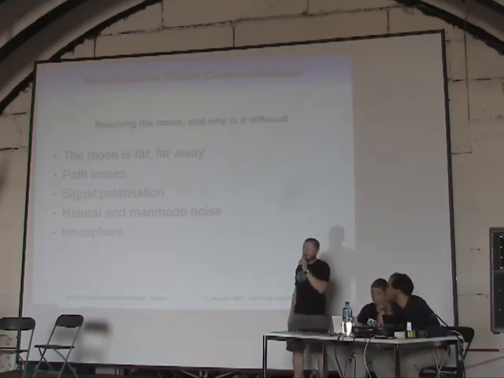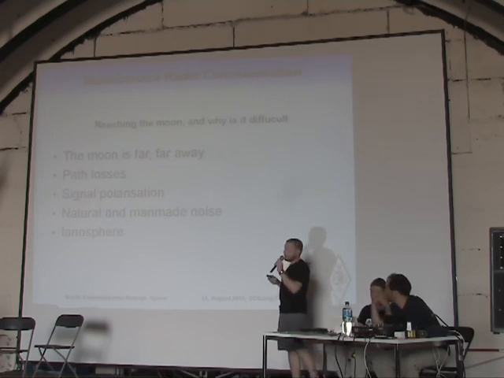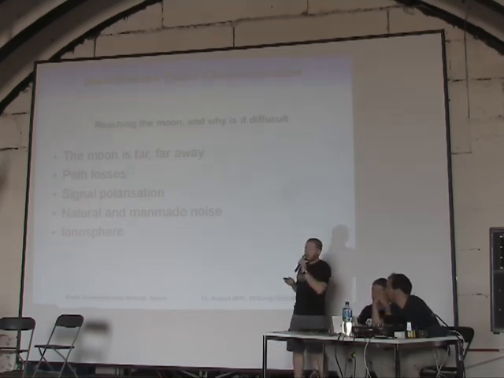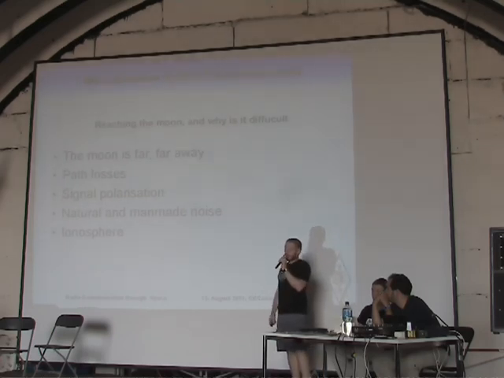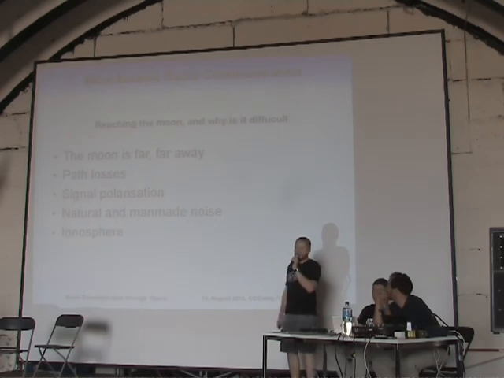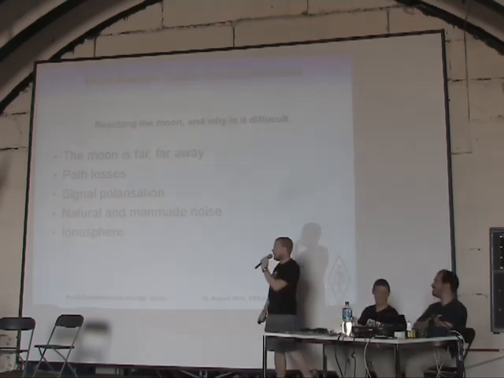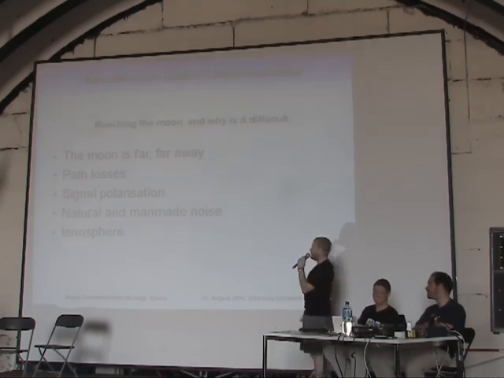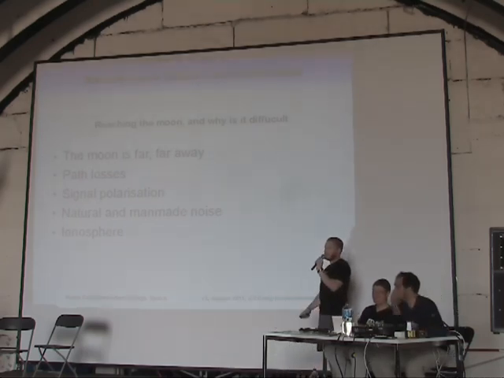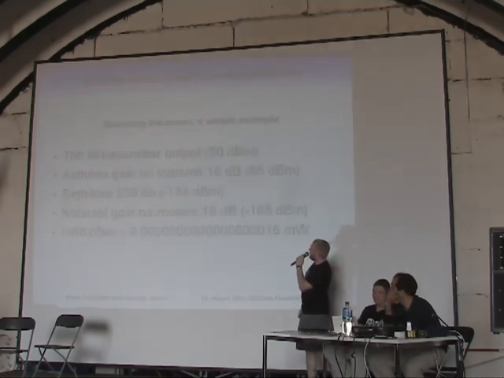And there is noise. So remember, we're talking about very, very low signals coming back. So every HF noise, like the power supply from your laptop, might really disturb that. Or a Tesla coil. Tesla coils are especially bad because they transmit on every frequency you can think of. And the ionosphere, which is for our frequencies not a big problem, but you still have to remember that it's there. Next slide, please.